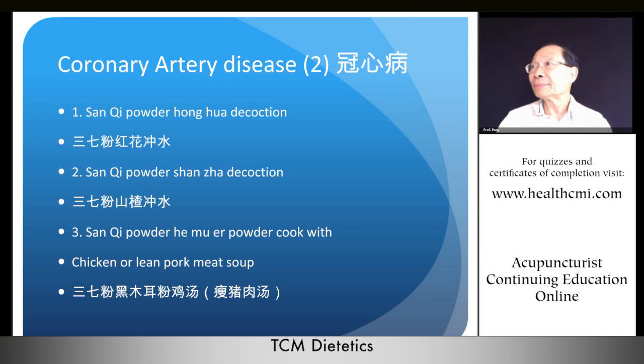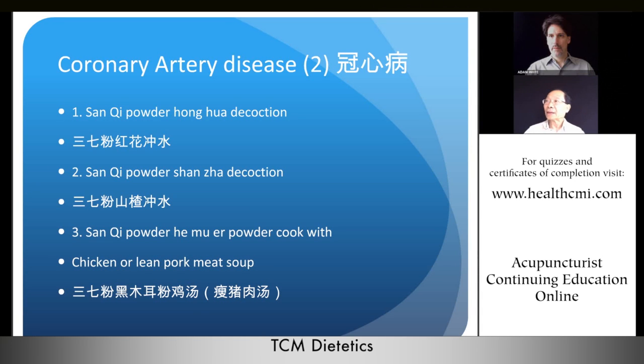So, same as in TCM, of course we cannot exactly send the camera into the heart, but we have the symptoms. People in TCM a long time ago already had a name for that kind of condition. We call it chest bi pain, Xiong Bi. Of course, not 100% comes from the heart, but it's quite a large amount. So if the patient complains of chest discomfort or sharp pain, or after they exercise,